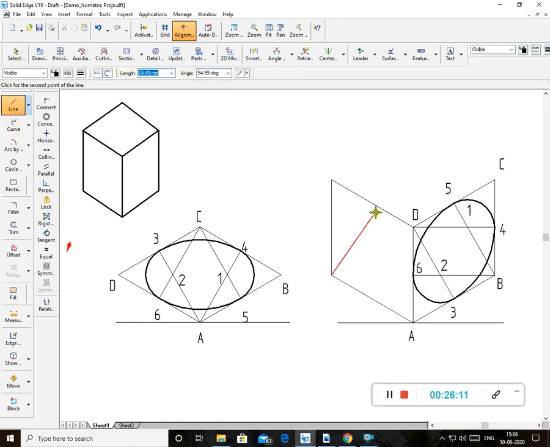You know, from here you draw the midpoint. From this point, which is the obtuse angle point, to the midpoint of this line. Then from here, the midpoint of this line. From D, the obtuse angle, opposite to the midpoint of this line. From here, the midpoint of this line. Then what I'll do, I go to the arc command, take the obtuse angle point, this point, and this is the radius, you draw the arc.